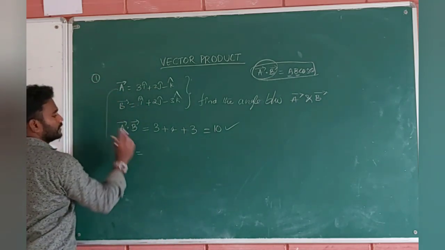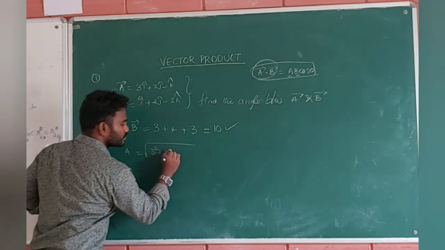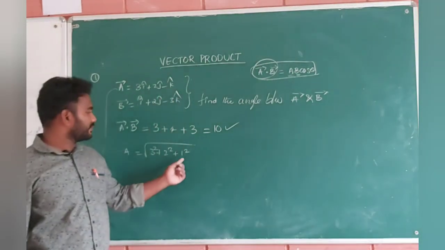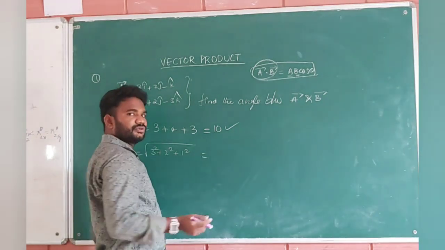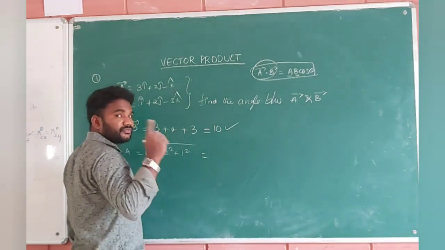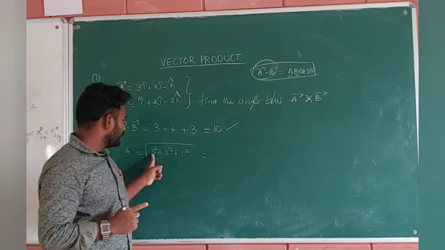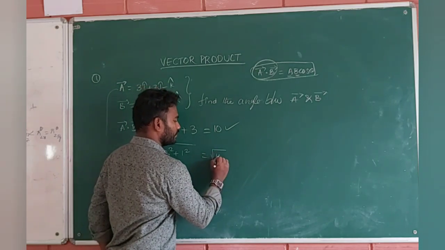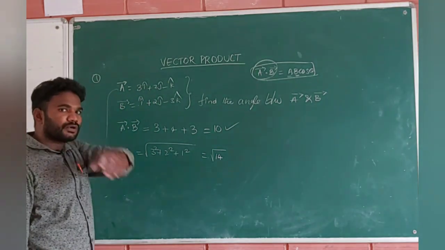A is equal to square root of 3 square plus 2 square plus 1 square. Guys, one question may come here: minus 1 is there, but minus 1 whole square is also 1 square only. There are no issues here. For finding magnitude, you can neglect the signs, guys. But for finding a dot b, you should not neglect the signs. That point is very important. So 3 square means 9, 9 plus 4 plus 1. So square root of 14 you will be getting. Any doubts here? I hope no doubts.